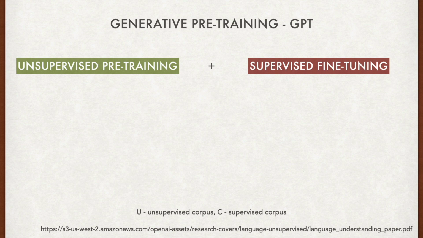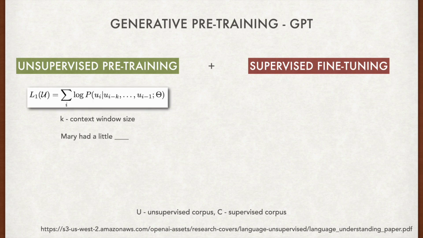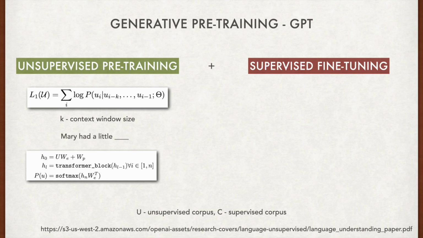And this approach was found extremely efficient. Formally, the objective of the pre-training step is to maximize the likelihood presented in the slide. The U elements represent tokens in a corpus, and K represents the context window. We can interpret it as, based on the K last tokens, learn a model that will be able to choose the most probable continuation. To achieve this, we simply transform our input sequences into one-hot encoding vectors, then multiply each